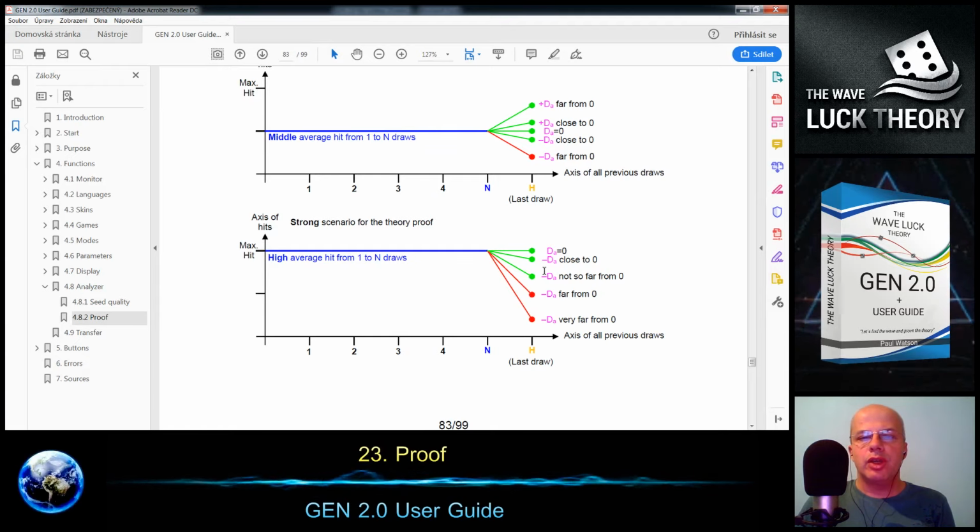So in this case we still have good predictions, and we can say that we are proving the theory here. As I said before, we are still using all the known data of the previous draws and the last draw. So based on this, we already know the upcoming drawing day, which is the last one. So we went one step backward in time.